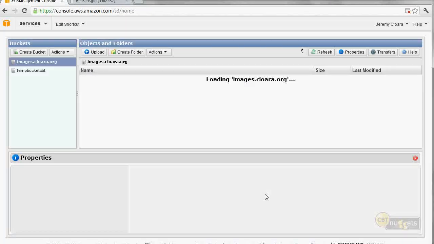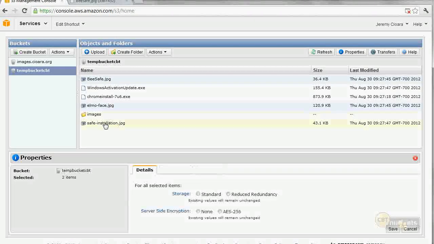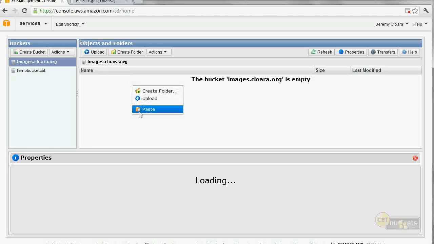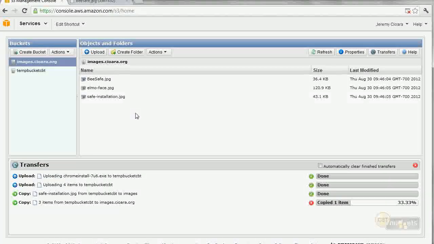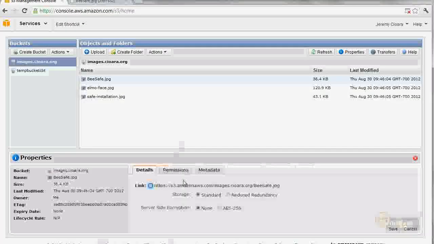Yes, you can do that. And it comes up and says, okay, I've now got this bucket. Let's just grab the images out of here. I'm going to do a little copy, a little paste action. So now I've got the 3 images sitting in this bucket, and let's go in and make sure that they